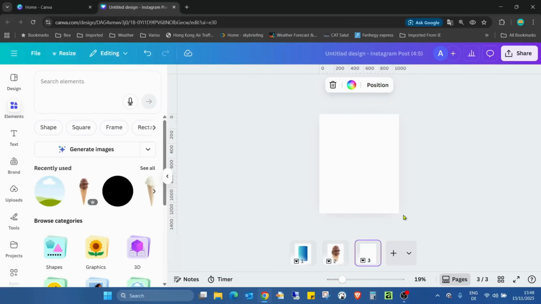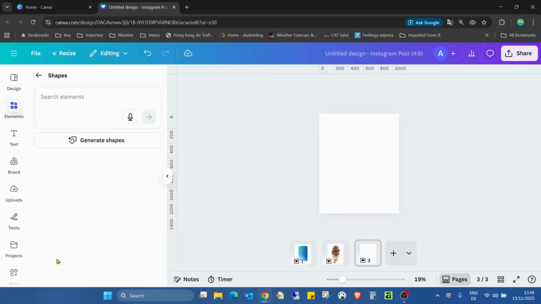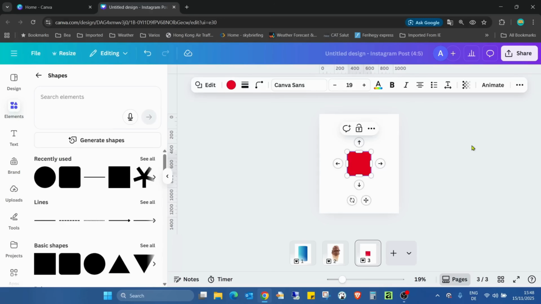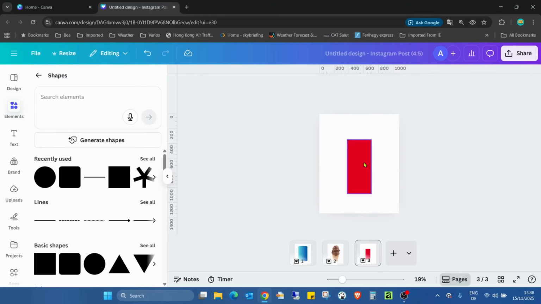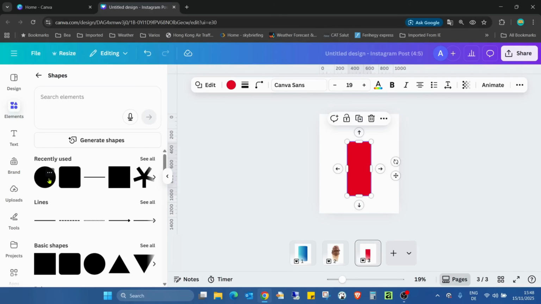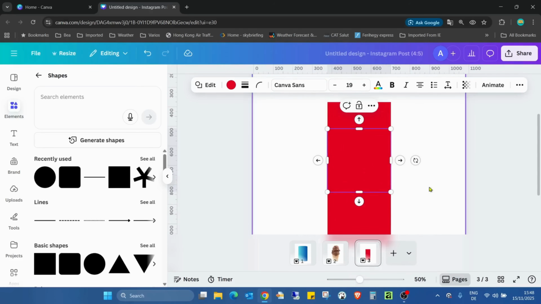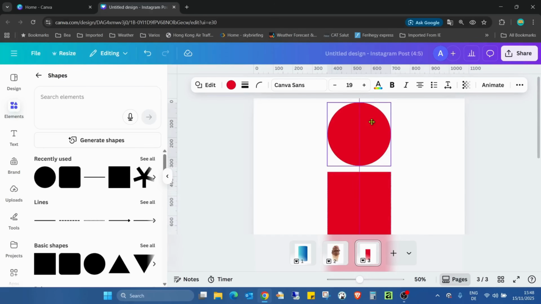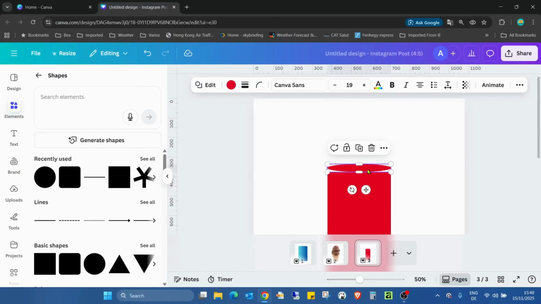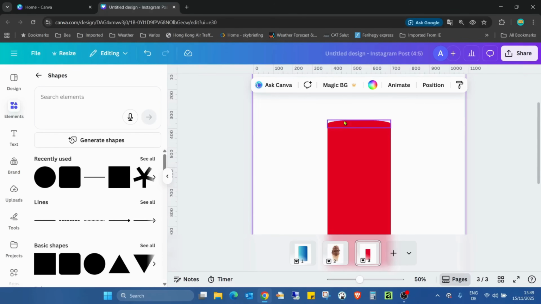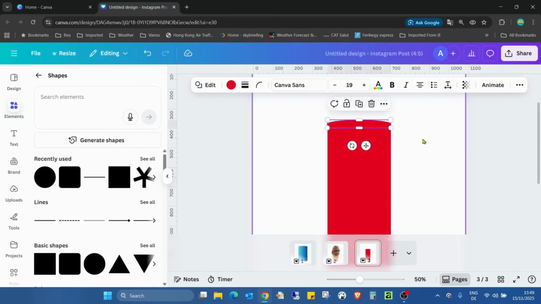I just create a new page here, and the only thing we need for the cylinder, going to the shapes, adding just a standard square, increasing the size a bit to make it become kind of a cylinder, and add a circle. Moving the circle to the top a bit, and just moving down like this, and attach it to the top, which looks nice but maybe not really. See, it's a cylinder,